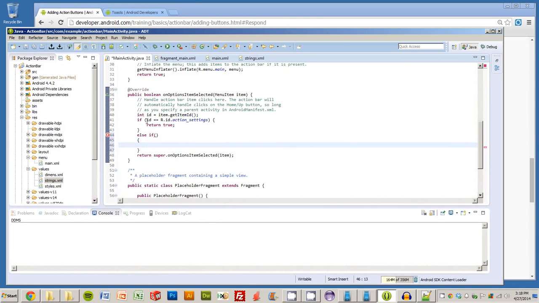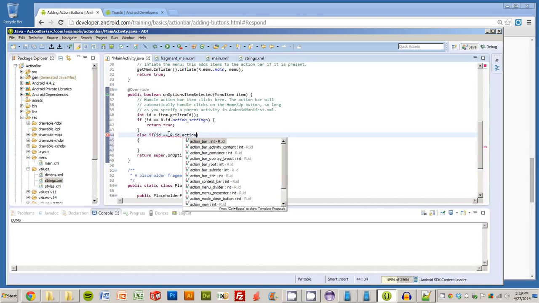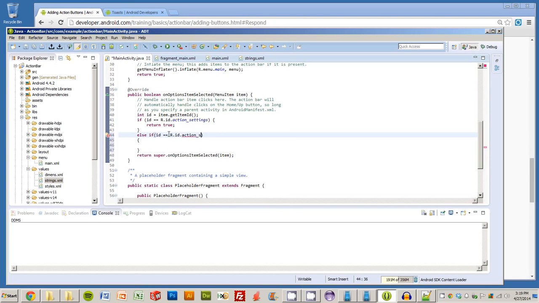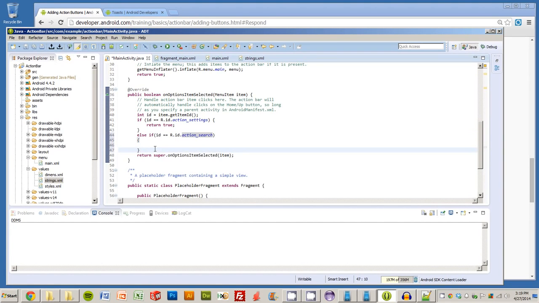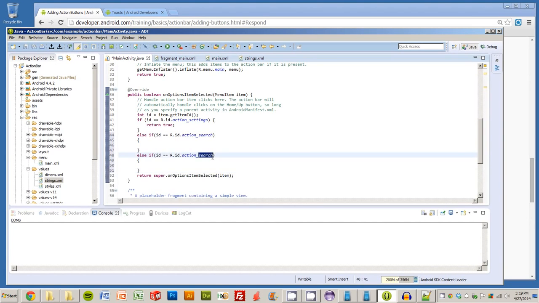They've already gotten the ID for us, and this is saying if it's equal to action settings, return true. So what we want to do is say else if id equals R.id dot, and we want action, I believe we called it search. And we also want one for action, and I think we called it action new. Let's go make sure. Yep, action new. Okay, so this is going to